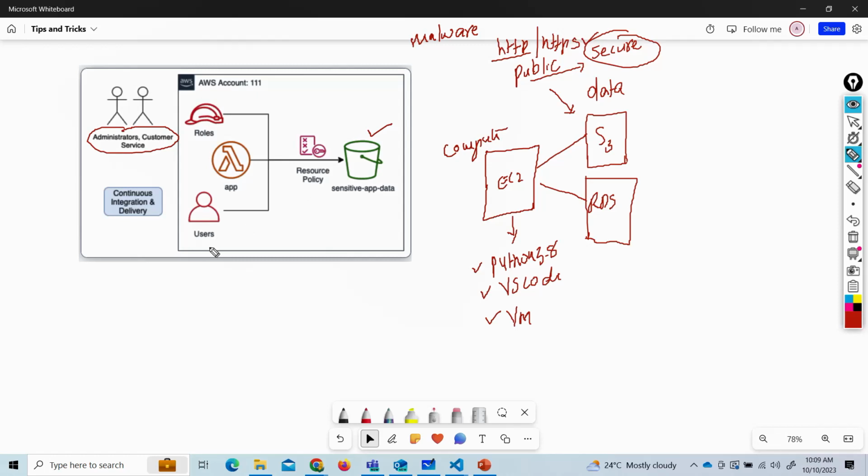As far as policies or techniques are concerned, we have two options here. Either I can create an IAM user, and after creating an IAM user, I can assign this particular user to access our sensitive data. But the problem with the IAM user is the moment you create any IAM user,